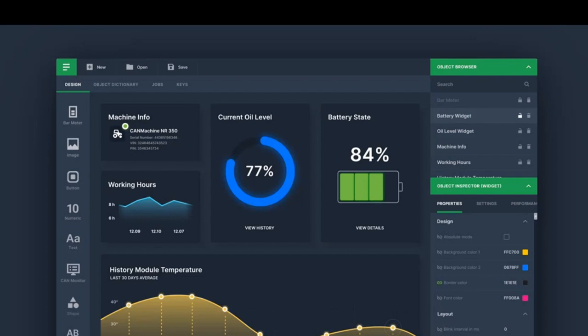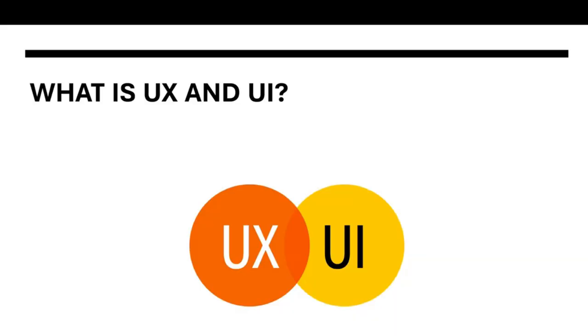Okay. Now, what is UX and user interface? So we want to see what it is. Okay, so like I said before, the UX, which is user experience, focuses on how the product feels. And let's take a real example. Okay,